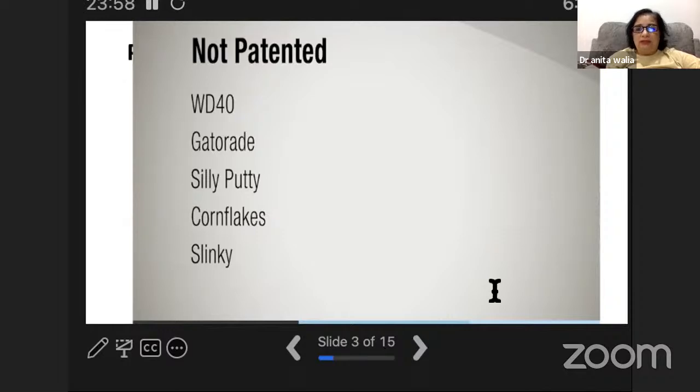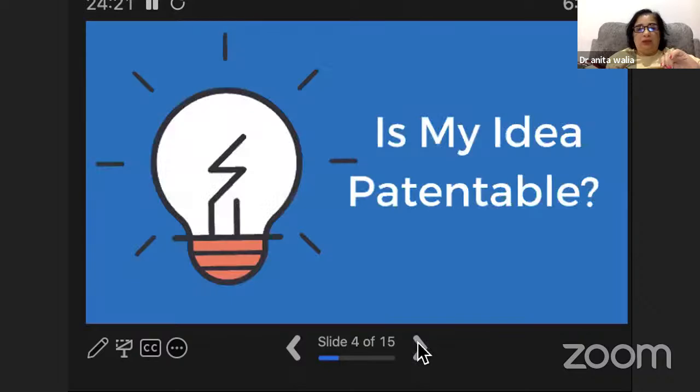As I said earlier, recipes are not patentable. But you can imagine that there are many, many great ideas for food products. And there are a lot of drinks that are simply not protectable under patent law. So there are many innovative products that are not protectable under patent law, but they might be protected under other IP law.